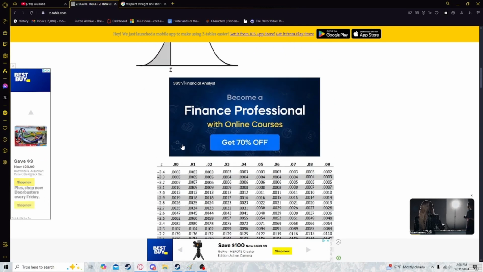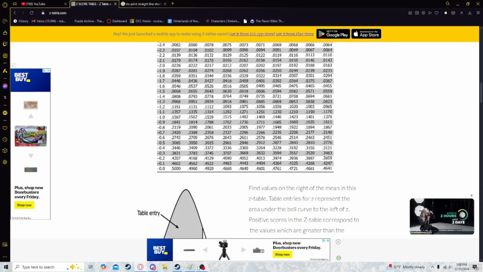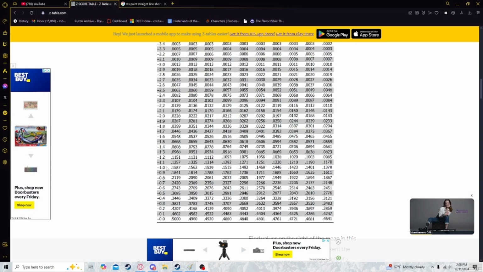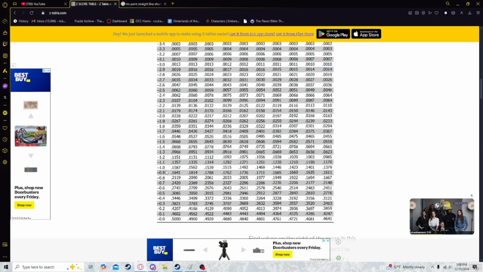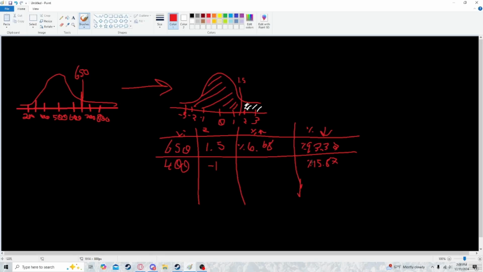So that finds the area below it. So we know that the area below, times 100 obviously, is going to be 15.87%. So right here, area percentage below is 15.87%. And then from here, we're going to take 100 minus 15.87. So the percentage area above 400, -1, is going to be